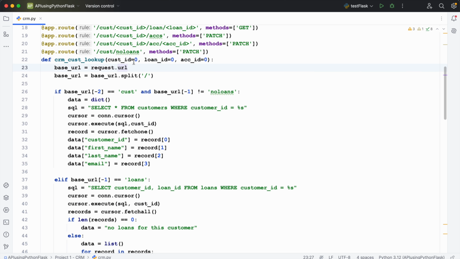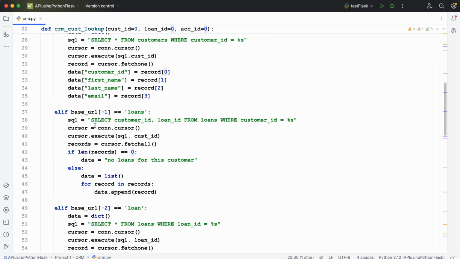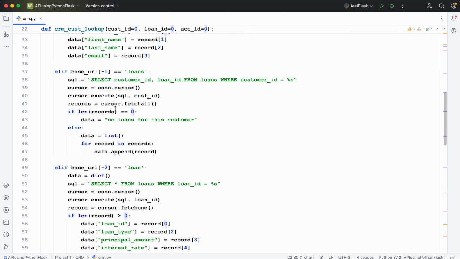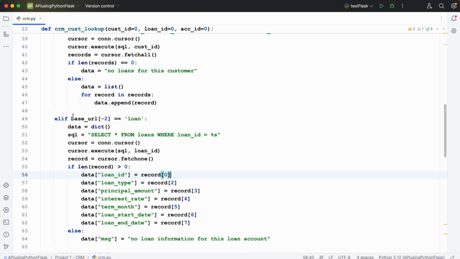I'll come back to this. Why have I put 000? Let's proceed. Okay, so now, for the third one, I'm saying that if the second last element is loan,